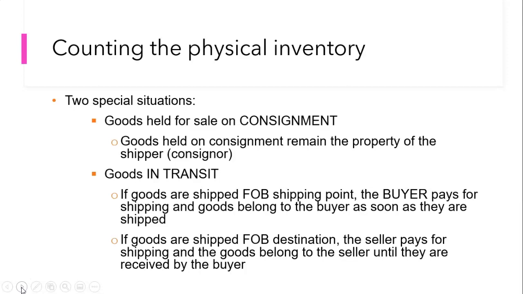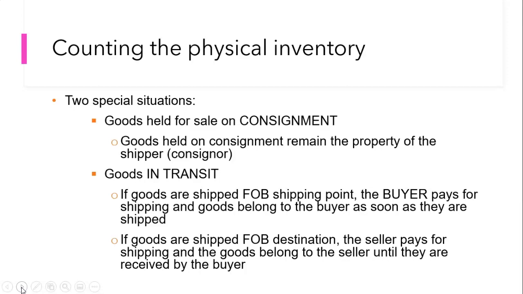Now, if the goods are shipped FOB destination, that means the seller provides freight all the way to the buyer's place. So if we're the buyer, those goods are not ours. Title does not pass until the truck gets to our loading dock and the stuff is taken off the truck. Then they become ours. So we do not count them if they're still on a truck 3 states away, okay,